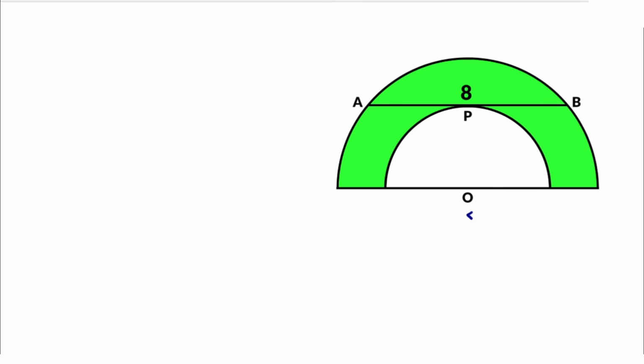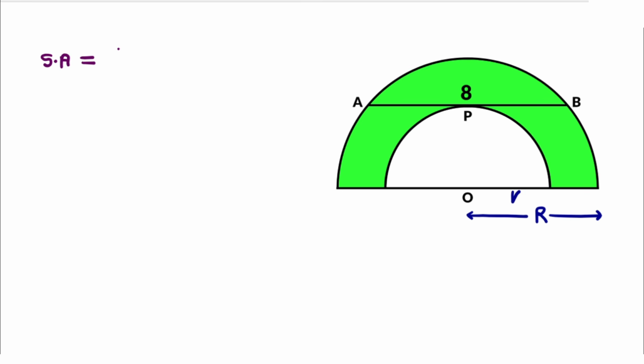Call the radius of the large semicircle capital R, and call the radius of the smaller semicircle lowercase r. The green area is simply the area of the large semicircle minus the area of the small semicircle. Since the area of a semicircle is pi times the radius squared divided by 2,